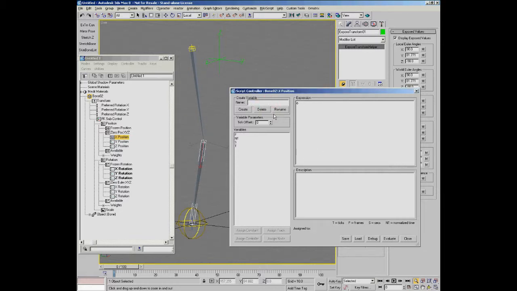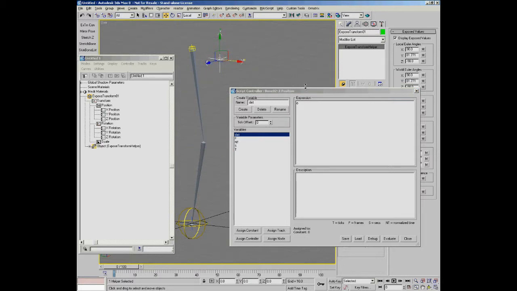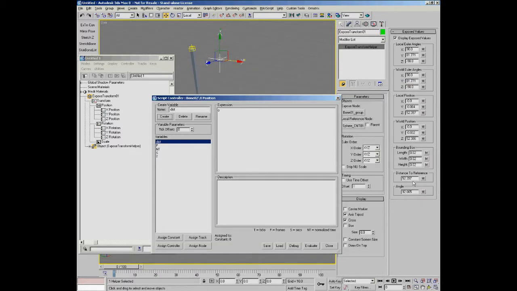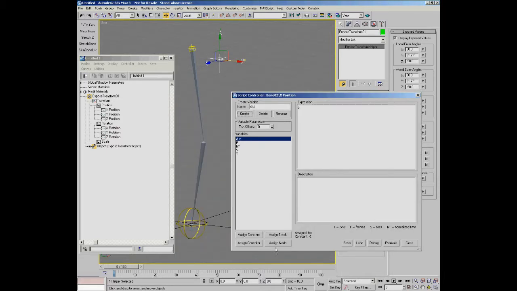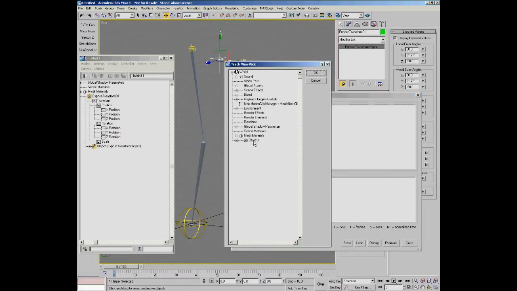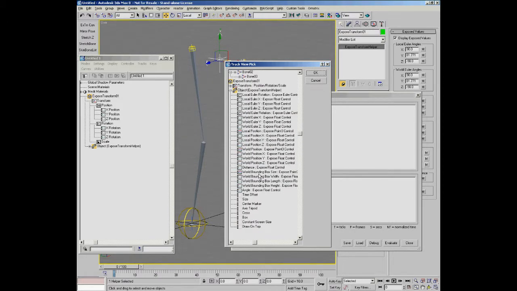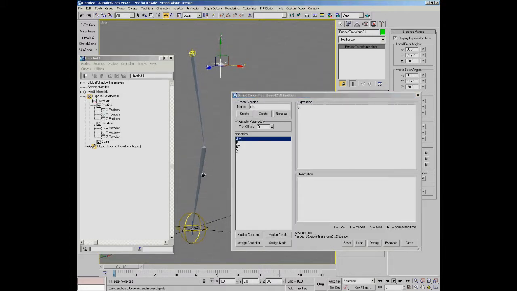We're going to start with one, and we're going to call it dist, and say create. And now we need to assign it. Now we know that the exposed TM helper is actually giving us the distance. So what we want to do is we want to connect it up to this track of animation here. So we can say assign track. Let's expose all. There's the exposed TM. There's all the parameters we can expose, and there's the distance. So now that we've got the distance, let's just do a test here, and let's say print dist,